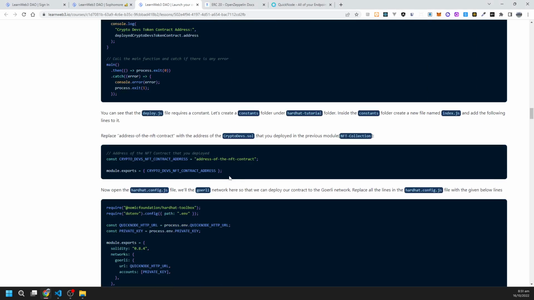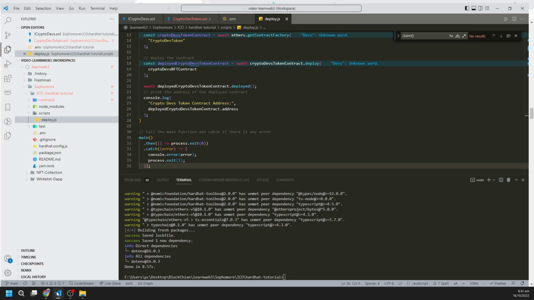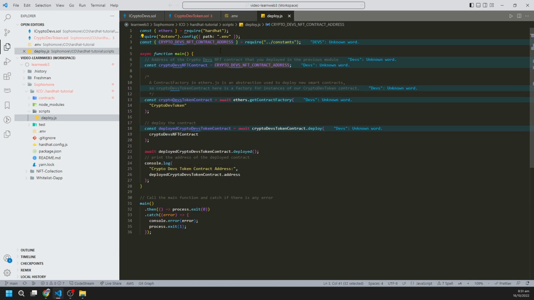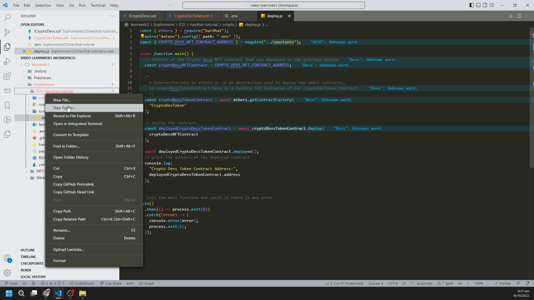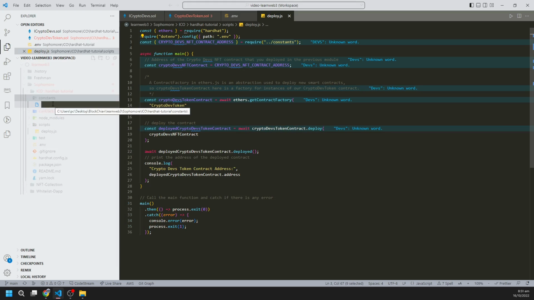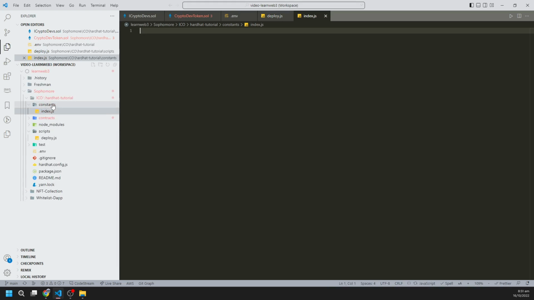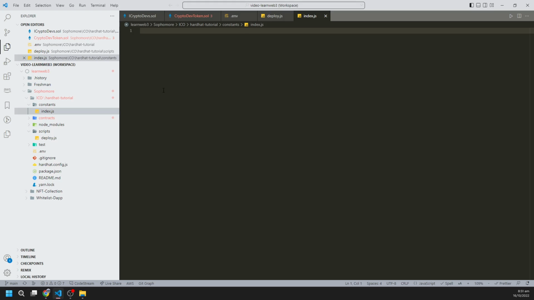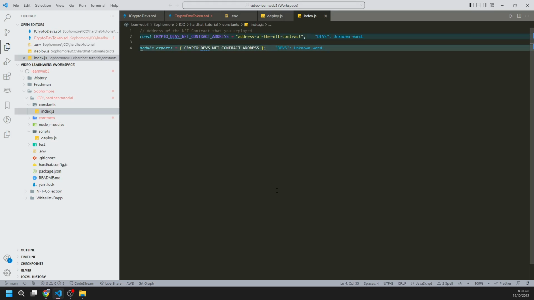Okay, now here we will need to create a constant folder, because here we have imported this contract address variable from the constant folder. So we need to create a constant folder, and inside it create a file index.js and copy these two lines. What we require in this file is the address of our NFT contract that